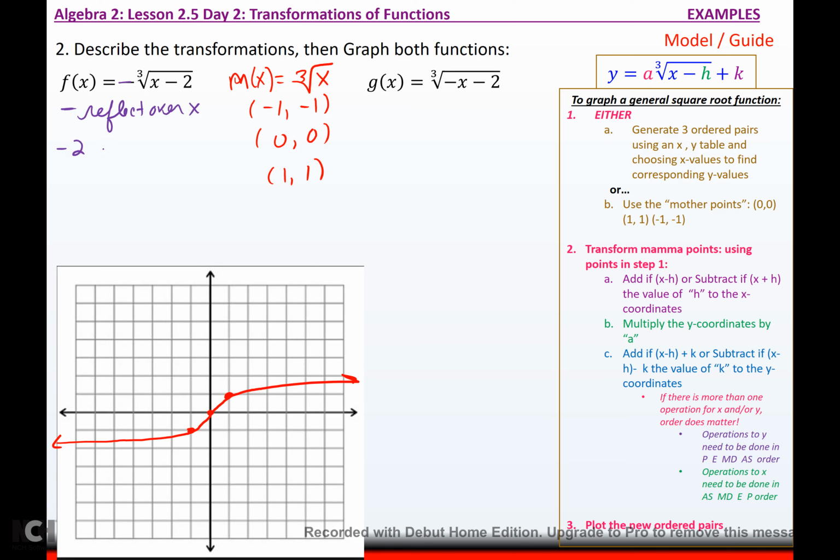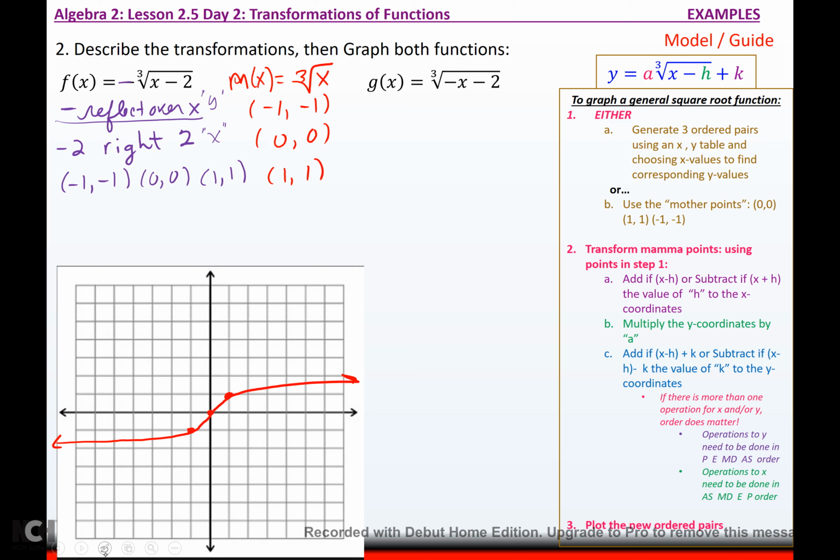We've got a minus 2 on the inside, which is going to move me right 2. So we are doing one thing. This happens to y because it's outside. This happens to x because it's inside. So the order I do this in really doesn't matter because I'm only doing one thing to each. It's only when you do two things to the same variable that you have to pay attention to either PEMDAS